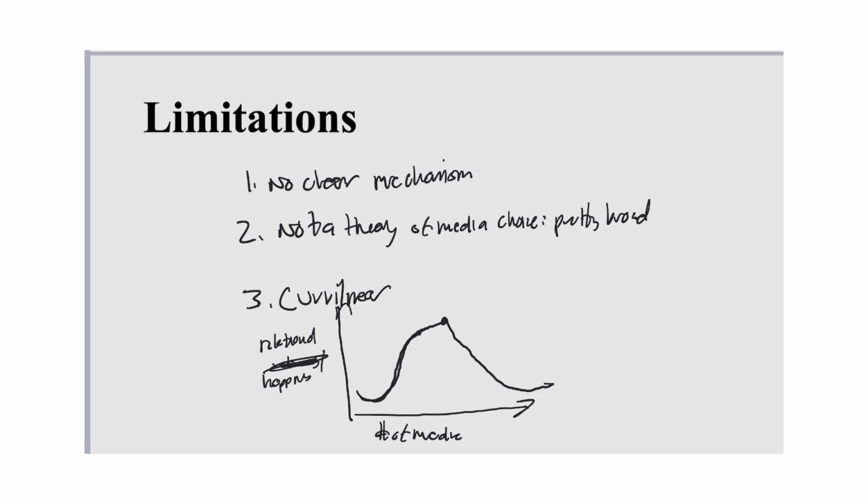Something else that's curvilinear would be like medicine. There's a degree to where medicine is good for you and it makes you feel good. But then there's such thing as overdosing on medicine, and where you take it too much, it starts to make you feel bad because you're overdosing on Tylenol. So that's the idea. That's media multiplexity theory.